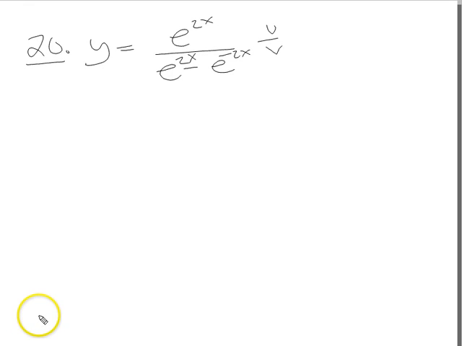Right, let's have a go at this one then. This looks pretty horrendous here. We've got an e to the 2x over e to the 2x minus e to the minus 2x. I'm very inclined to simplify this before we even start trying to differentiate, by timesing top and bottom